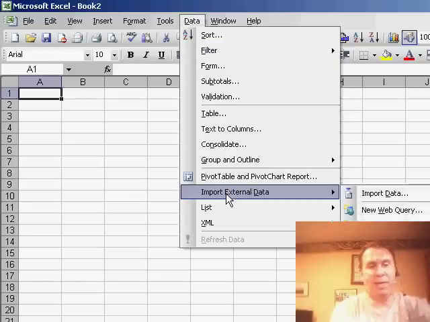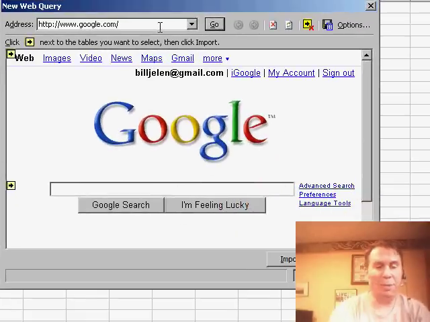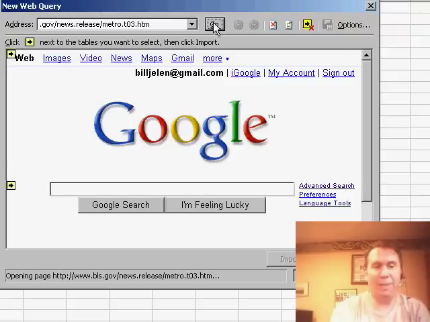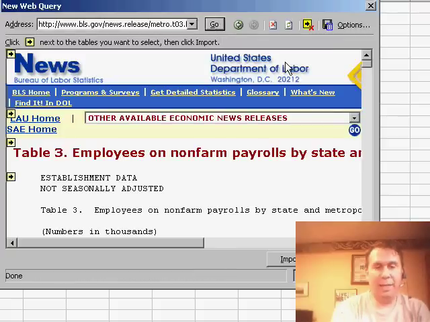Basically I'm going to start with a blank Excel spreadsheet, go to Data, Import External Data, and New Web Query. And what that does is it opens up a browser right here in Excel. So we'll take this browser and basically browse to whichever web page we want to grab the data from. Give this a second to load. You have to wait till the data has completely loaded, so wait till the page is finished, and then you'll